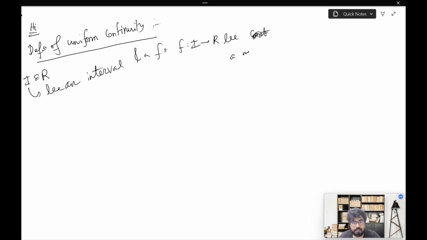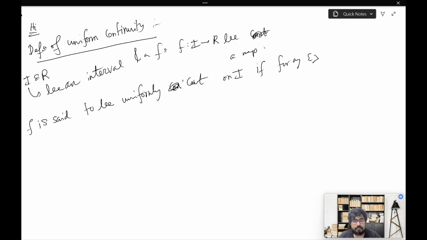It's not continuous, it just be a map. Then f is said to be uniformly continuous on I if